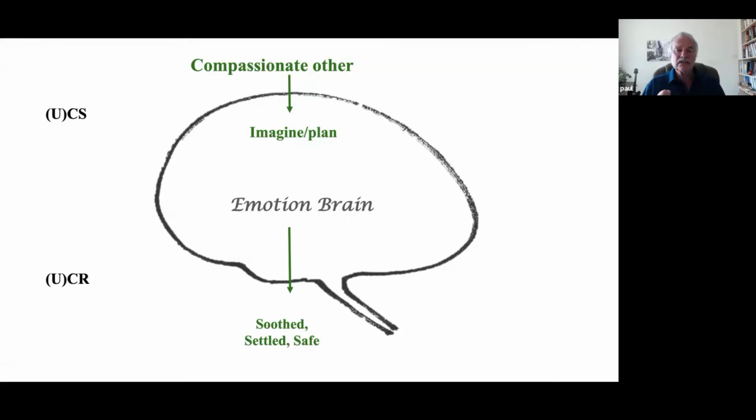And there are two exercises I've given you today. One is safe place and grounding, which can be really helpful. And the other is imagining a compassionate other. Now, you can have more than one compassionate other. You can have as many as you want, really. And you can also imagine a compassionate community, okay? So, for example, in some of the practices I do, we would imagine being part of a compassionate community. There are many people around who are there to help us.